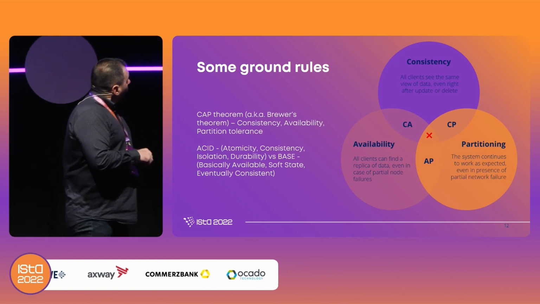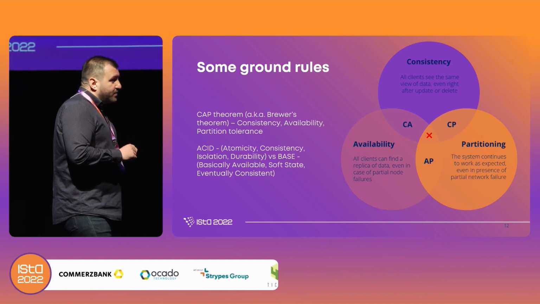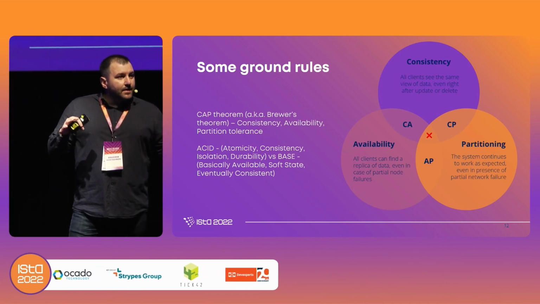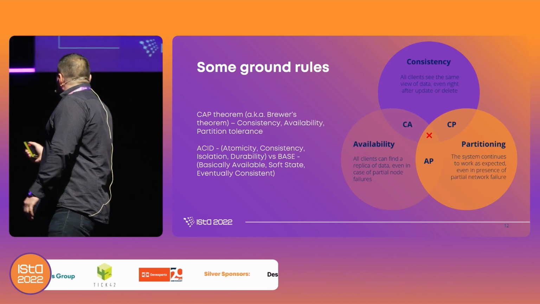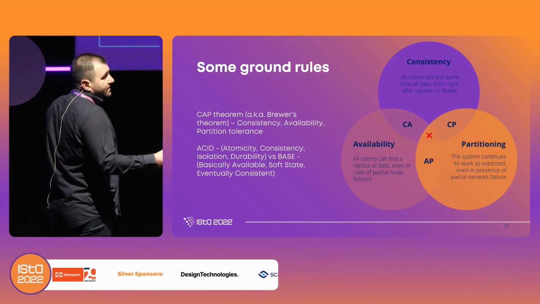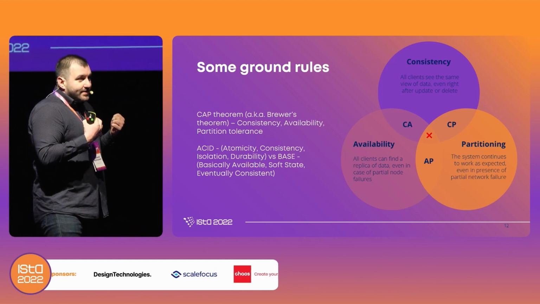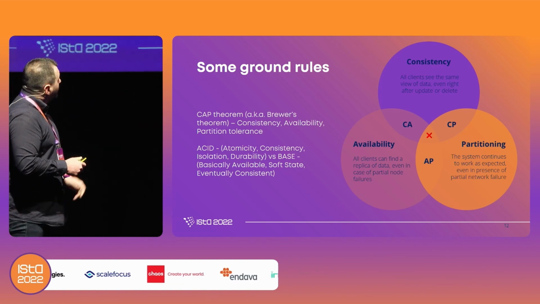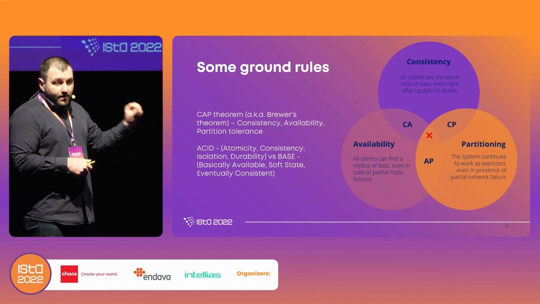By the way, that's called the Brewer's theorem, or the CAP theorem. Eric Brewer is VP of infrastructure at Google. And he coined that theorem for basically distributed storage. So when you have distributed storage, Brewer basically said that, yeah, you can have consistency. Basically, for example, the thing that I read now is the last write to the system, to any of the nodes of the system, for example. That's consistency. Availability, which means whenever I want to read or write, the system is there, and it responds